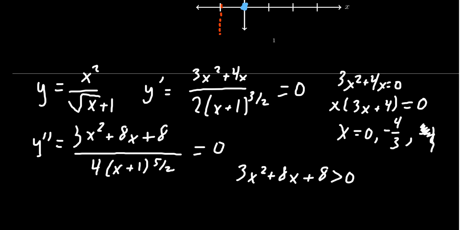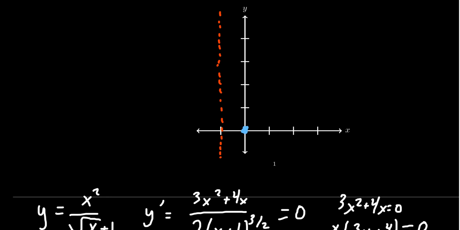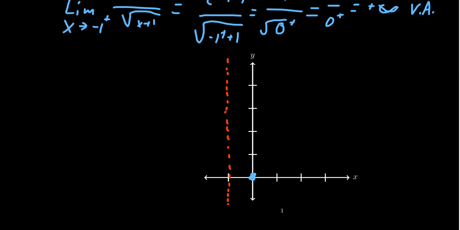And so this tells us that the graph has no PPIs. It'll be either always concave up or always concave down. Let's come back up here. And so if we build our sign chart,